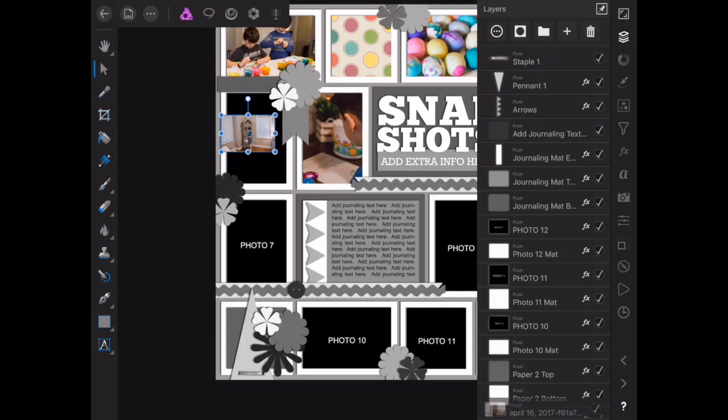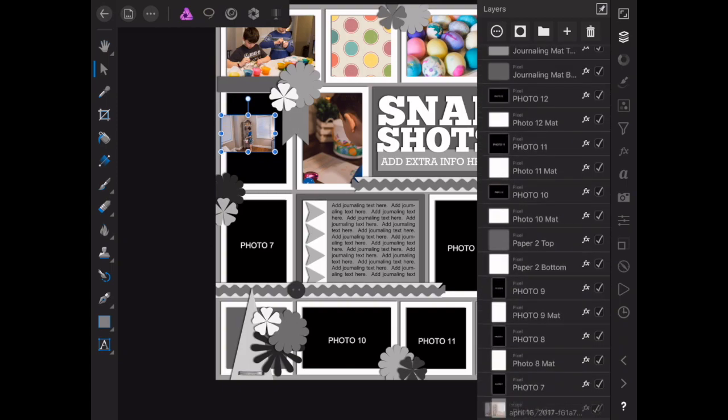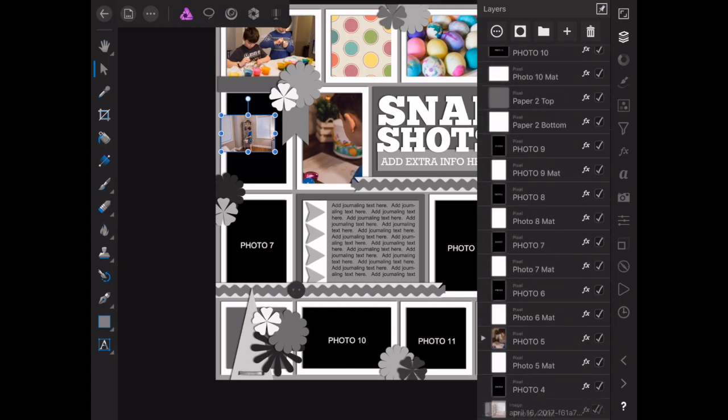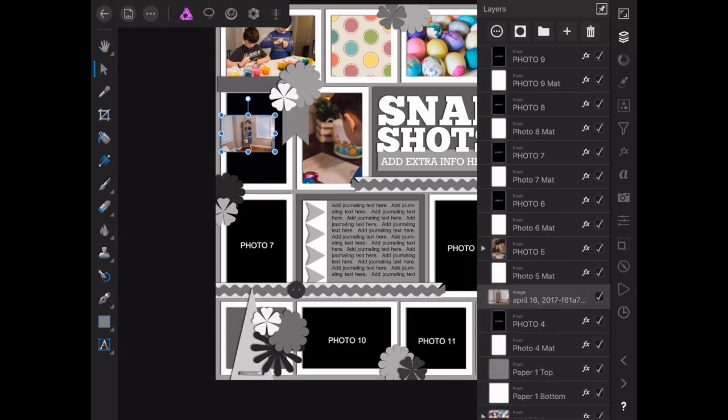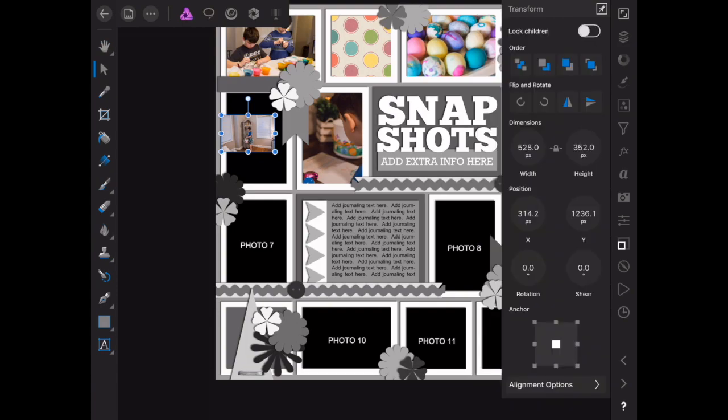And if you've used Photoshop, you'll see this is very similar to working with layers in Photoshop. So I'm gonna put that right on top there, just to make it easier. And then there's a couple ways you can resize that photo. You can either go to your transform